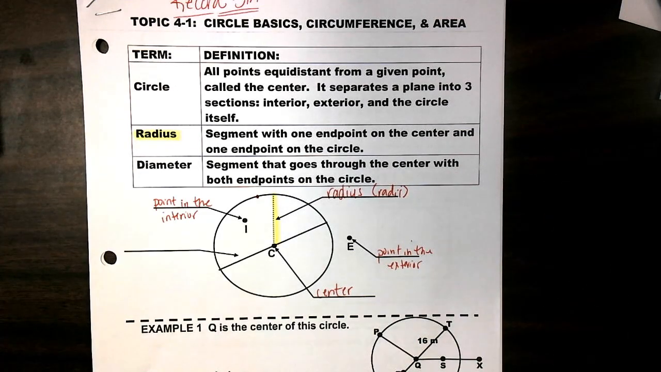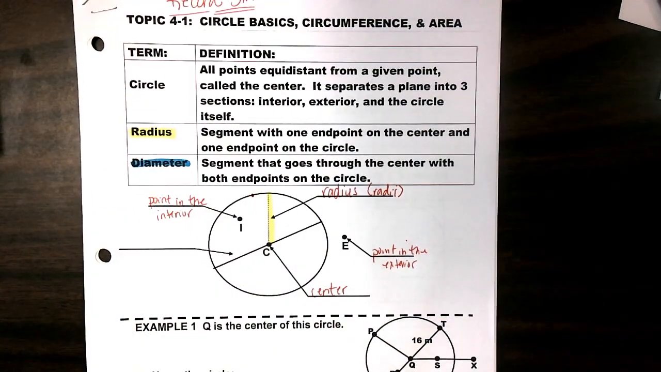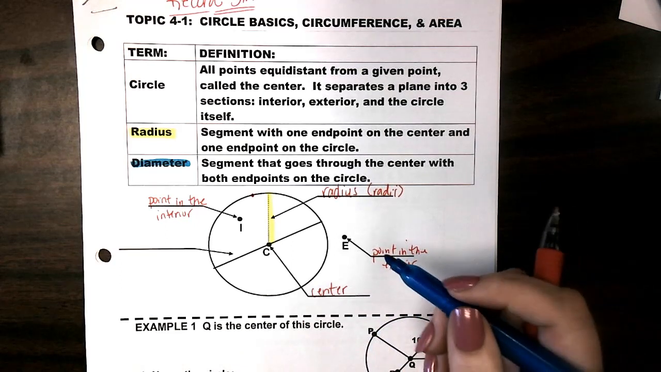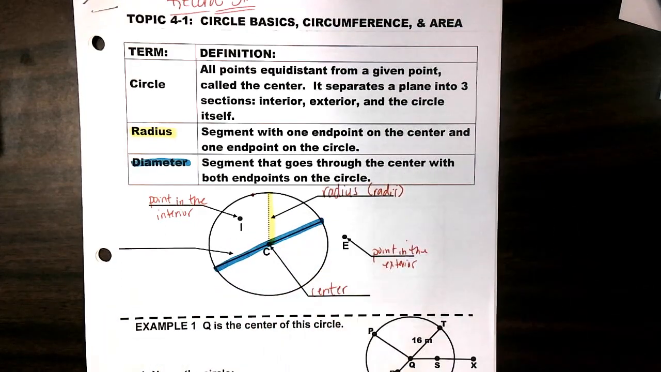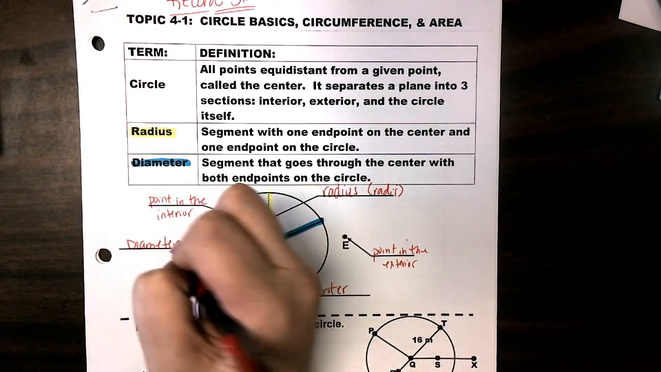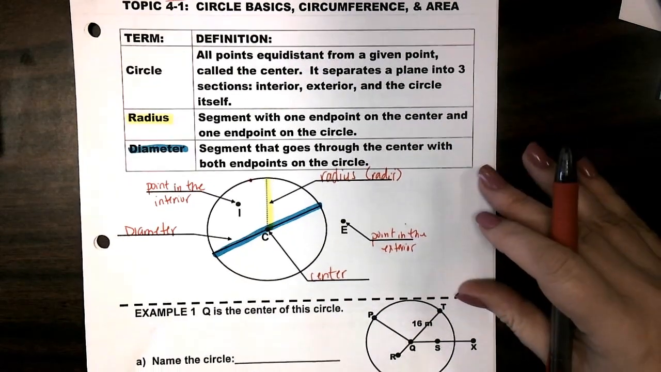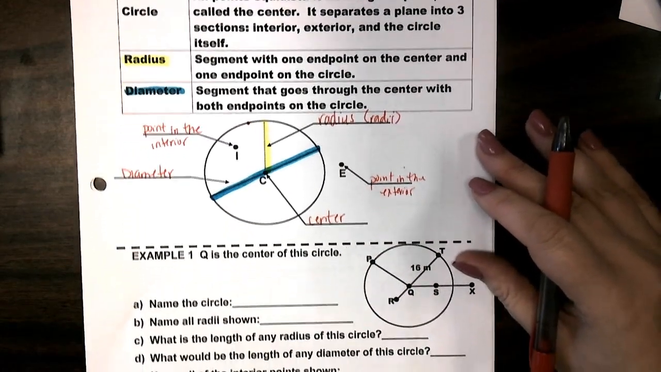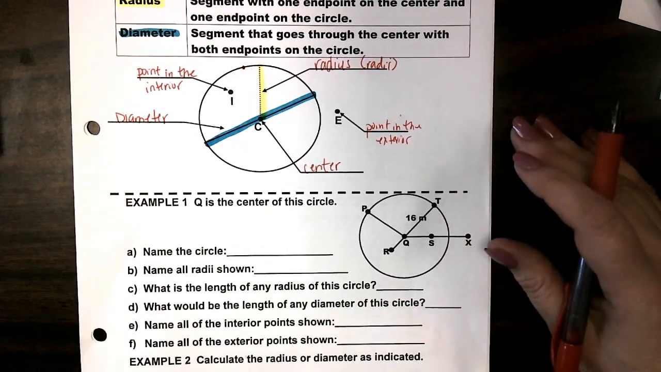And then the diameter. The diameter is the distance all the way across the circle through the center. So this is the diameter. Again, some of this is not new to you. Some of it is stuff you already know, but we will get to some things that are new to you. All right. So once we have identified those things, then we can name